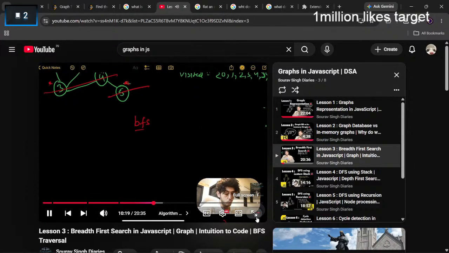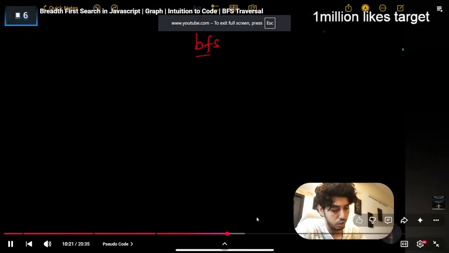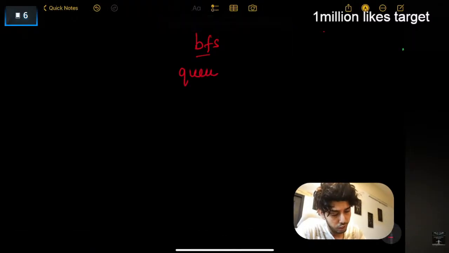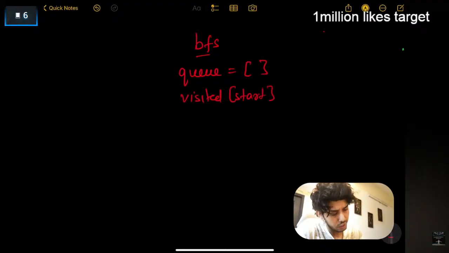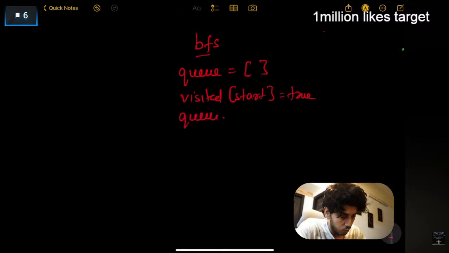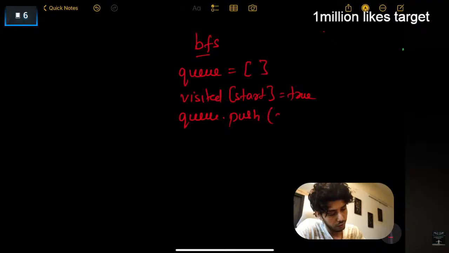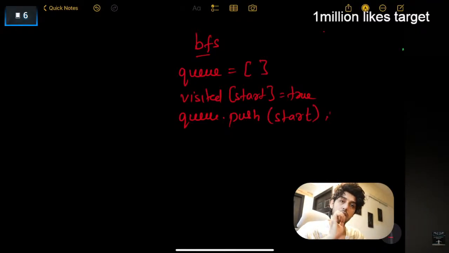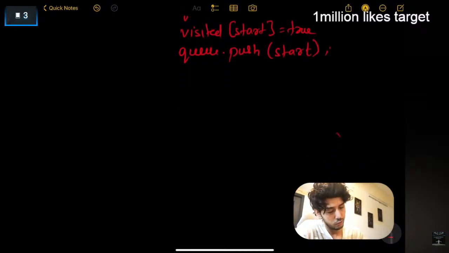ठीक है, तो क्या करेंगे, बीएफएस का सूडो कोड लिखेंगे, जो भी हमने अभी तक किया है उसी को कोड में कन्वर्ट करना है। ठीक है, हमने शुरू में क्या कर लिया, एक एम्प्टी क्यू ले लिया। अब स्टार्टिंग नोड हमें पता है, स्टार्टिंग नोड के विजिट, बेसिकली स्टार्ट नोड को हमने विजिट कर लिया, विजिटेड एरे में भी वो मैप में चली गई। अब उस क्यू में हमें उसे पुश कर देना है। ठीक है, ओके, अभी के लिए ये है। अब बिल्कुल तब तक हमें कुछ स्टेप्स लेने हैं जब तक क्यू खाली नहीं हो जाता है।